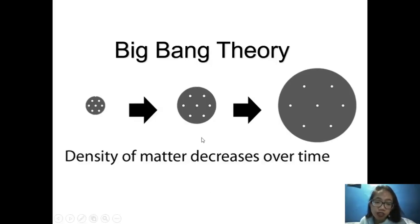This again supports the claim of the Big Bang Theory that the density of matter decreases over time. So if you can recall, in the Big Bang the universe started as a small space and it contains all the matter and energy within it. But since it's expanding continuously, there is more and more space, but the matter and energy within our universe is fixed. So it's not going to multiply in the future, it's fixed. All matter and energy is fixed. So the density of matter decreases because matter is fixed while we're having more and more space. Thus the density of matter is decreasing. Okay, so